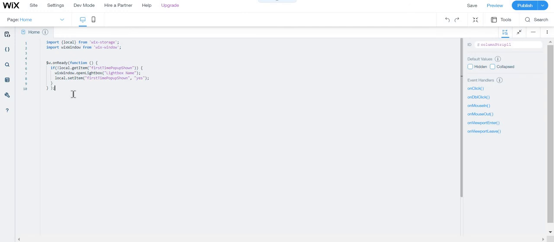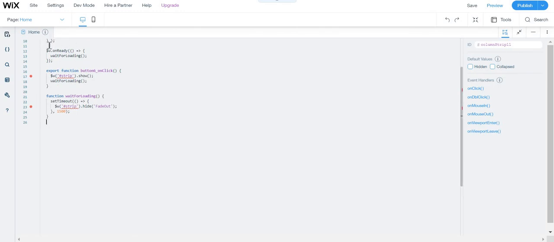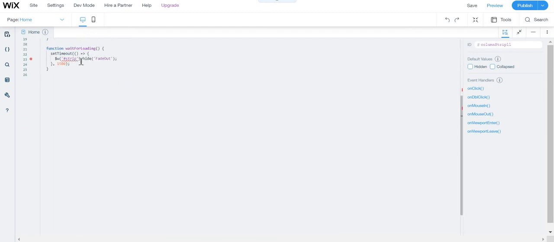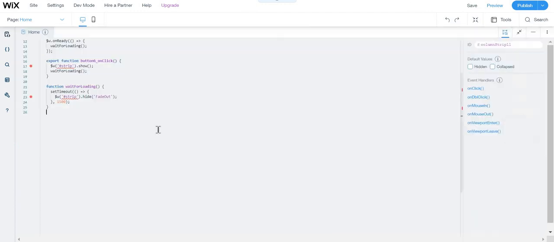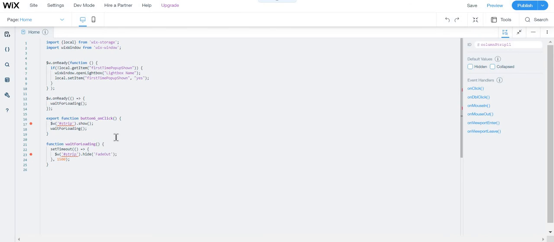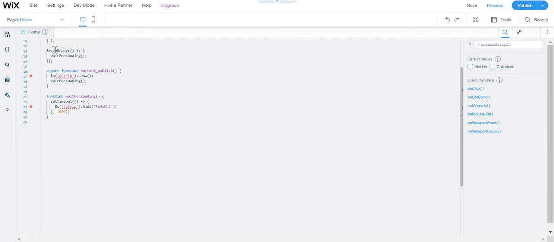Right now what is important is adding the code that we really need to add. This is the code that we really need to add. Export function button 6 on click. Okay, so $w.onReady, wait for loading. Then export function button 6 click, and then the strip will show. That strip is that strip. And then function wait for loading, setTimeout, strip hide fade out